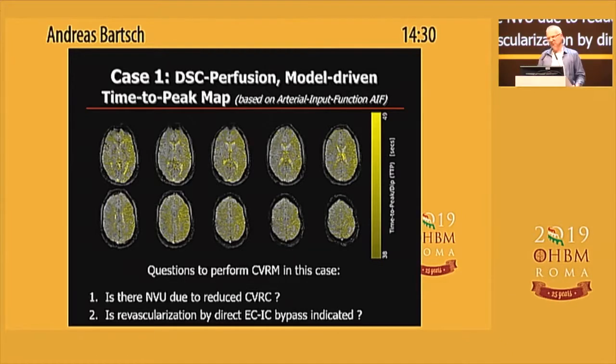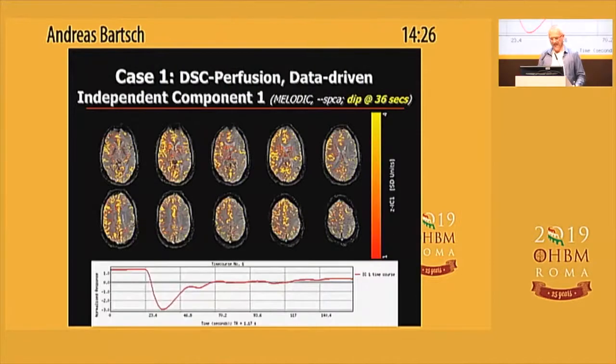The map is okay-ish. It's not great. If we now run independent component analysis, we find one component with an early time to peak. It should be called time to dip because we are lowering the signal, but because it all comes from CT perfusion, it's called time to peak, okay? So the dip of the signal